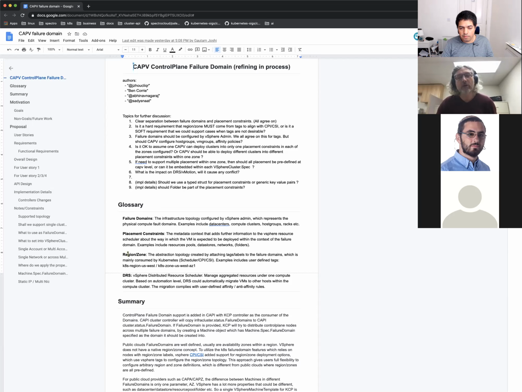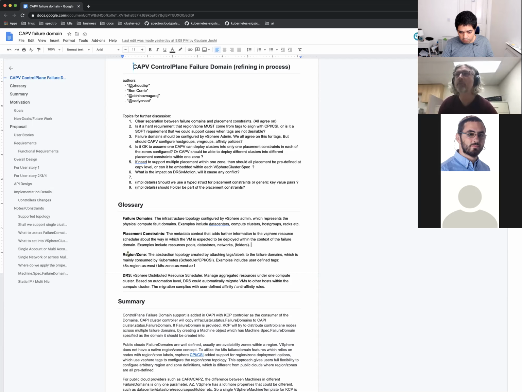So June, can you tell me why does CapV need to create a host group? What purpose does that serve? The host group is mainly used for the VM to VM affinity rules that we want to achieve. For example, you create a host group and you create a VM group, and the VM group is tied to the host group.